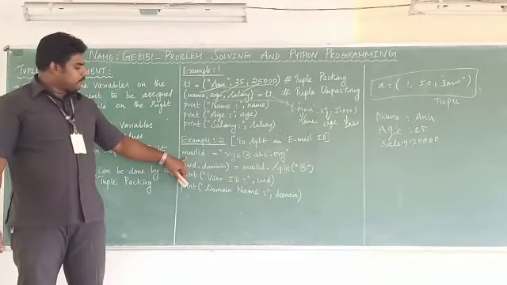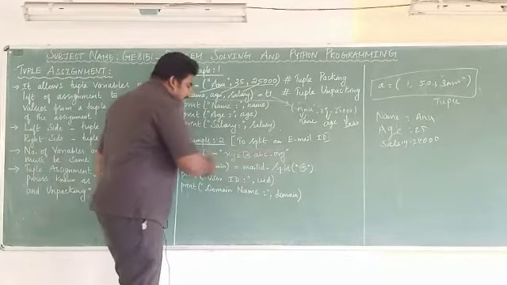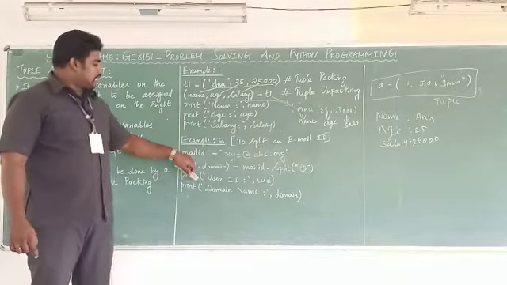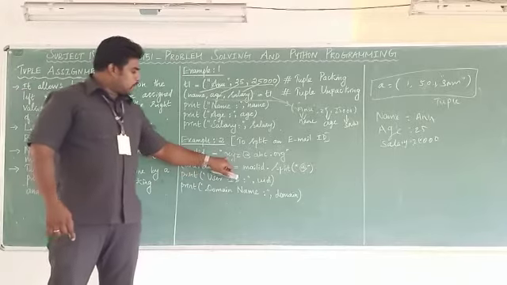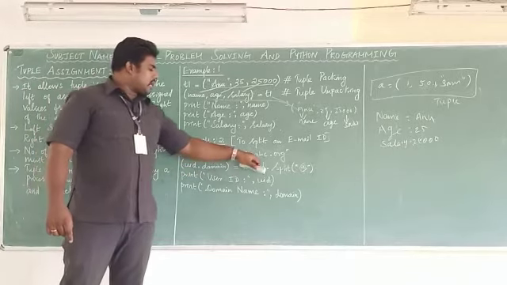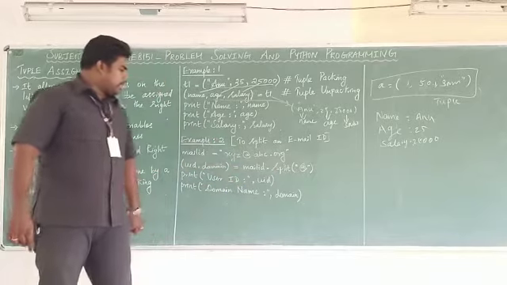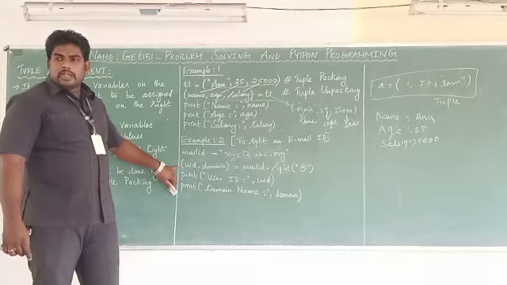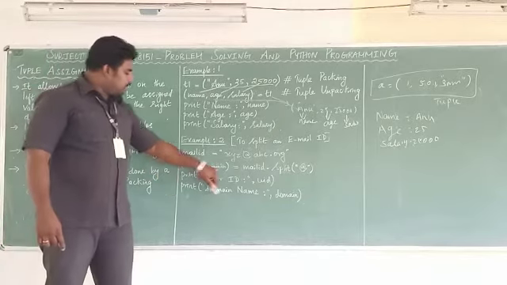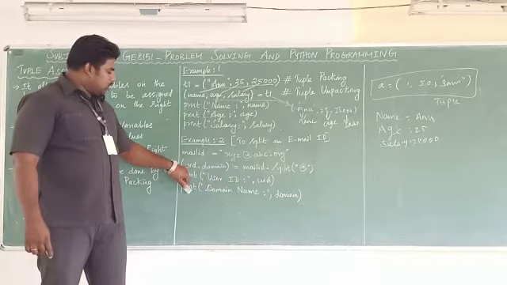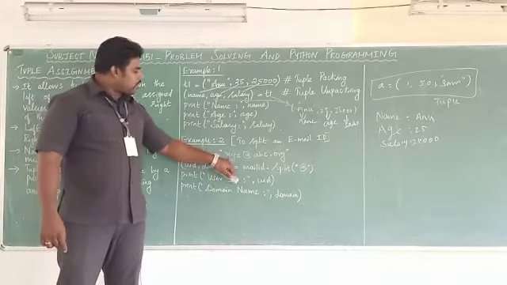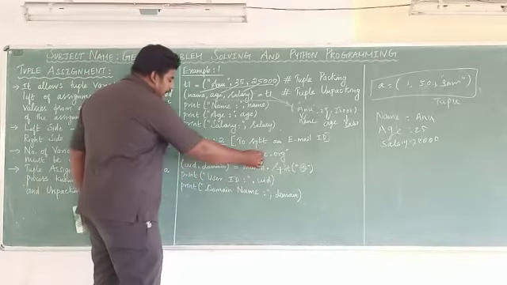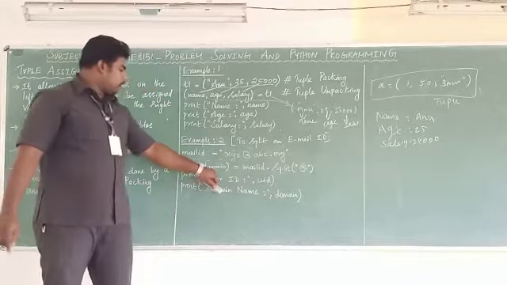See here, mail ID. What is this? It is the string. Anything that comes under the double quotes is called a string. So mail ID is the variable. Here the mail ID is xyz at abc.org. Okay. So here, I am using a tuple assignment. Here the variables are UID, that is user ID, and domain. This xyz is the user ID and abc.org is the domain.